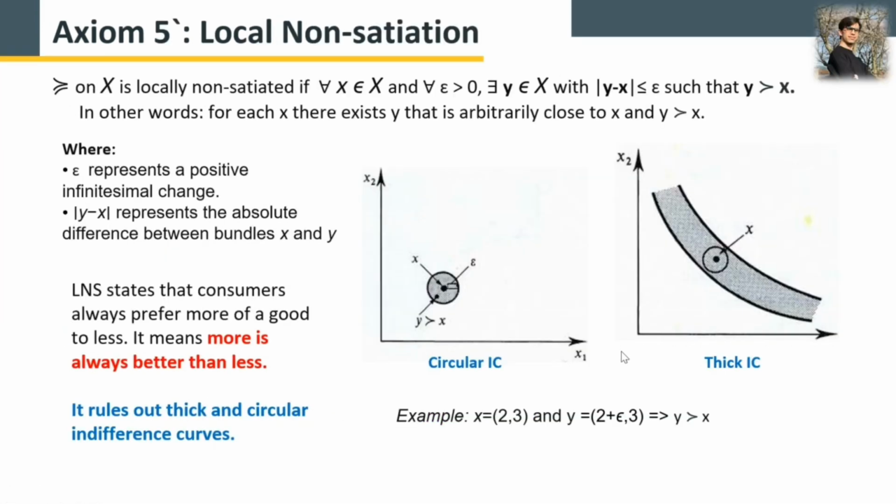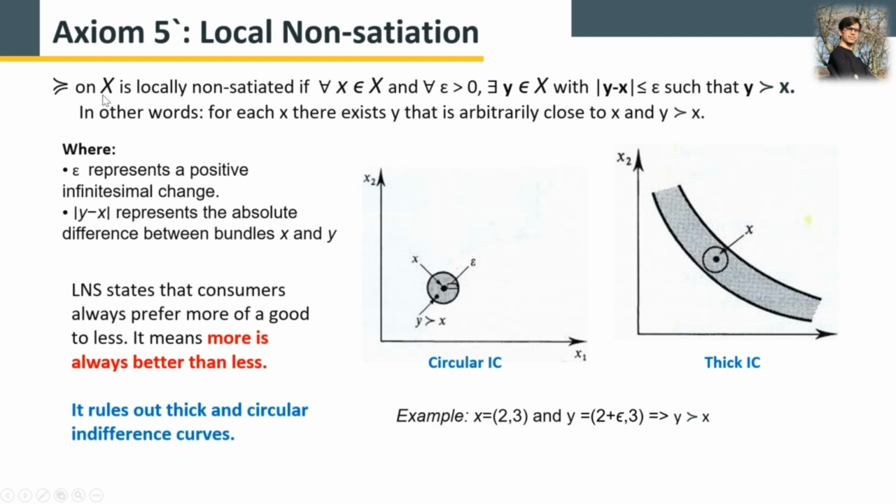So now let's move to another axiom, which is the axiom of monotonicity. First of all, let's talk about the axiom of local non-satiation. Then we will talk about the monotonicity. Actually, both of them are closely related, so one can be supported by the other. So local non-satiation, in short we can say LNS,